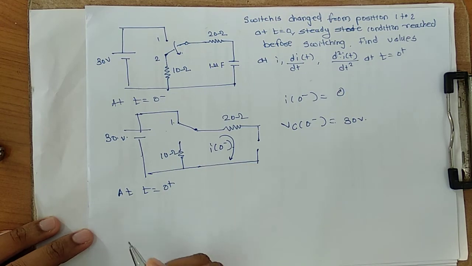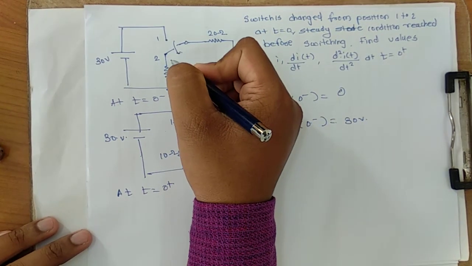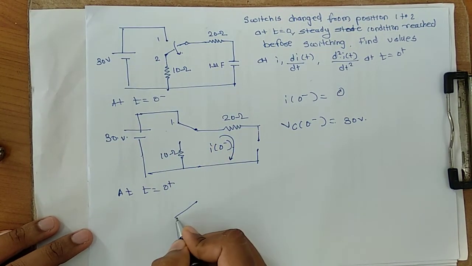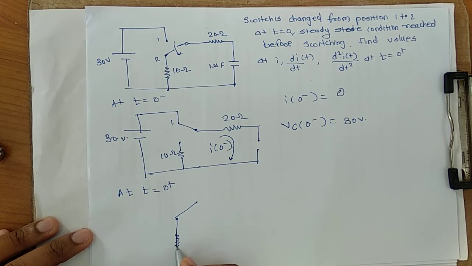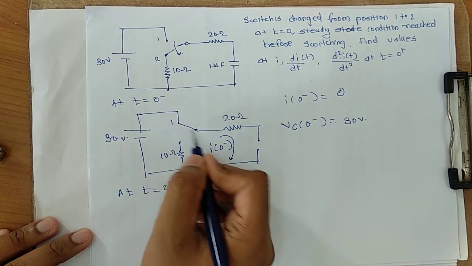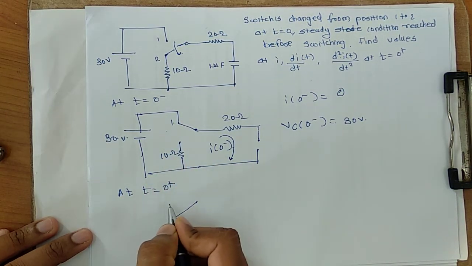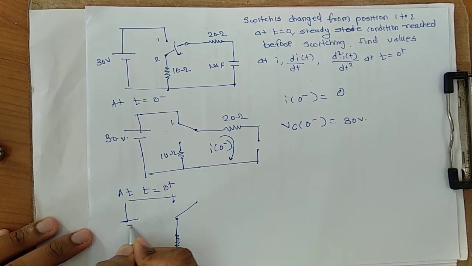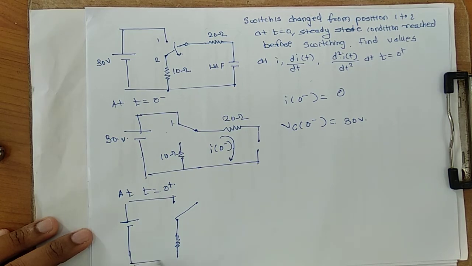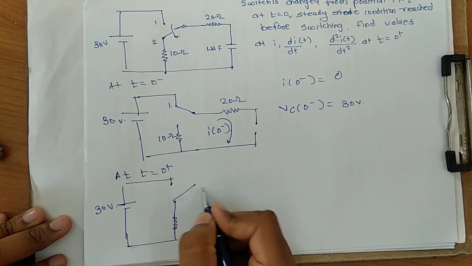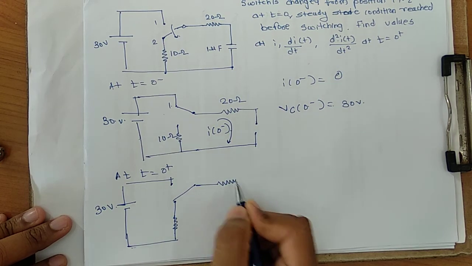Okay, now the next step is, you know that at t equals 0 plus we have to calculate. At t equals 0 plus, what will happen? This switch is going to be connected at position 2. So I will connect that switch here, you can see. Now this resistor is counted. Now this voltage source is of no use, because we are not connected at this position. So it is open circuit now. I will draw it for the sake of simplicity. If you don't want to draw, you don't have to draw this part of the circuit, that is the 30 volt, because it is now open circuit. So this is the resistance at t equals 0 plus.